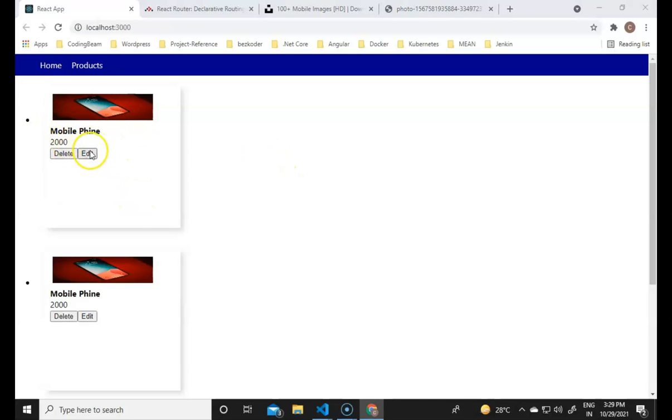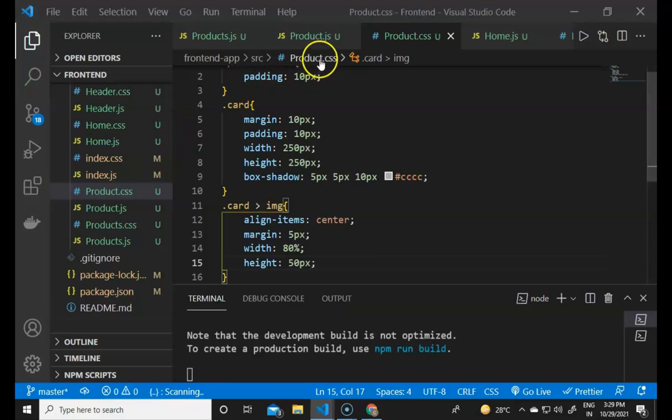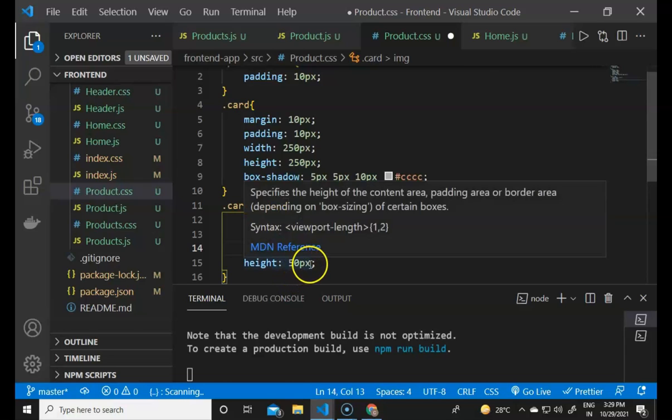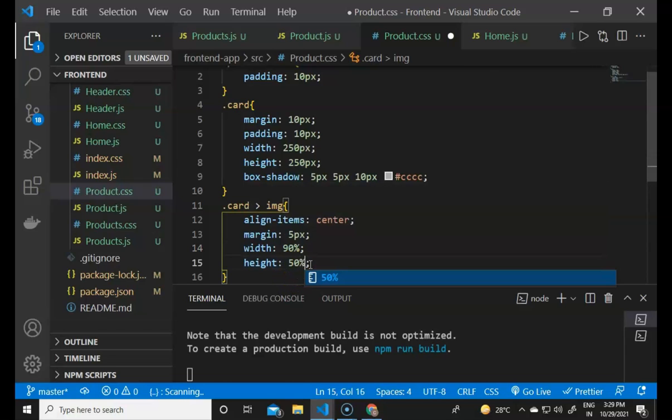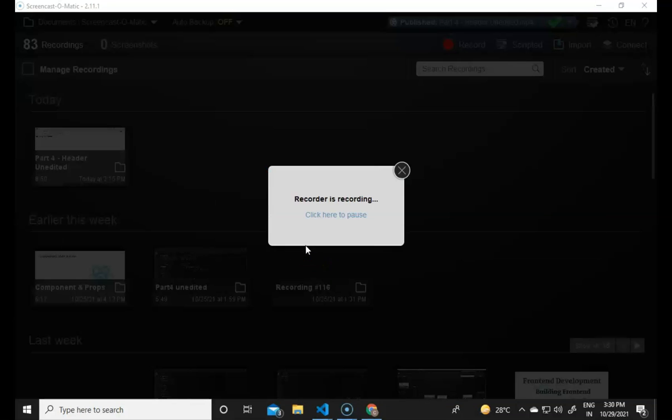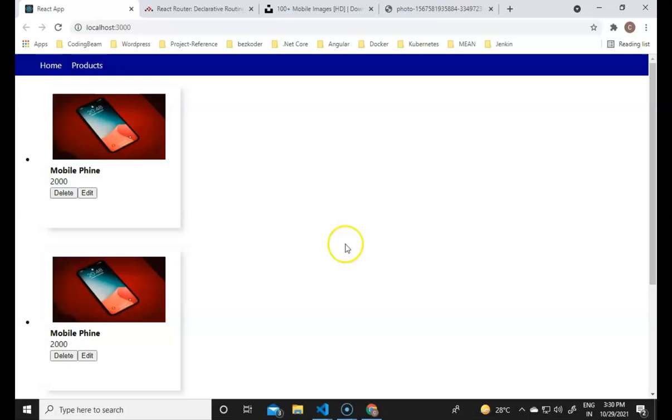Now you will see this is now a new card. So if I now define more style for the image, because now the image is not good. If I now provide the style for the image, like the width is equal to 90%, and the height will be equal to 50%. So if I now save, then you will see the card now. So then you will see now the card is looking good here.